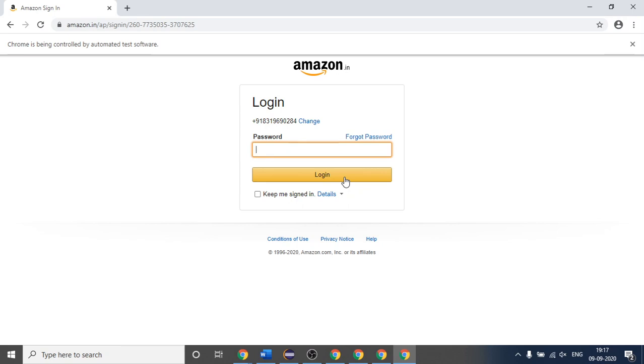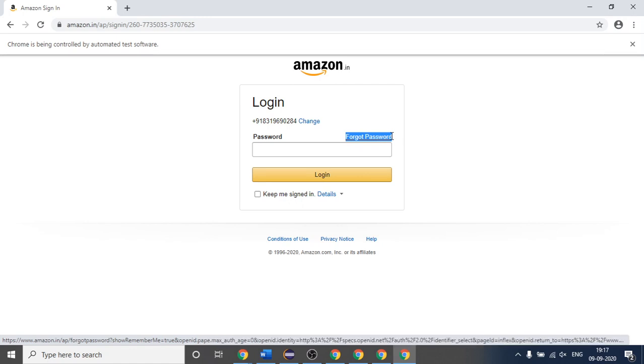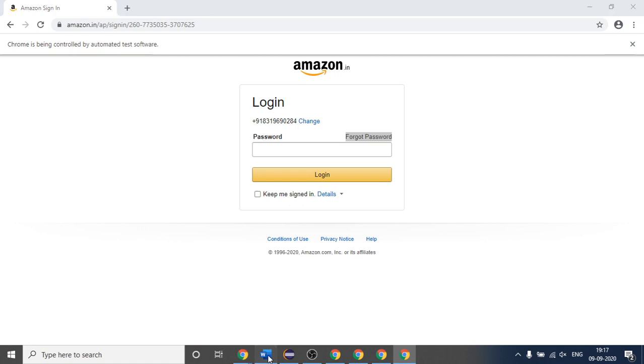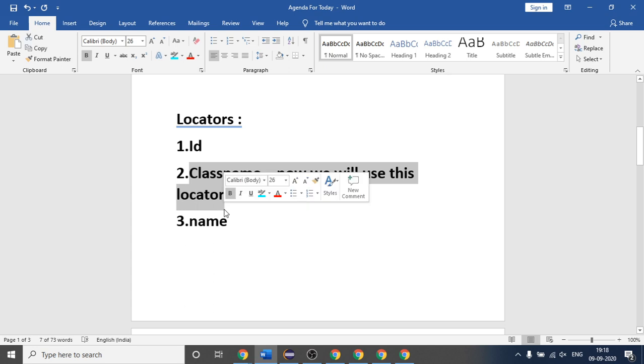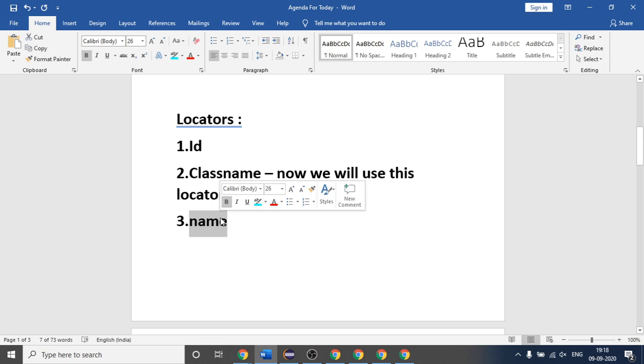Is it clear to you all how we are using this click method? You will use the same click method in clicking this, but first you have to use either id or the class name which we have just studied. So this class name locator is completed, id is completed. You already know how to do it with the help of id, and also with the class name I have made you clear. Let us do it with name this time.